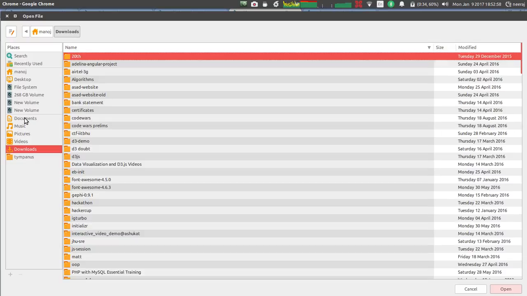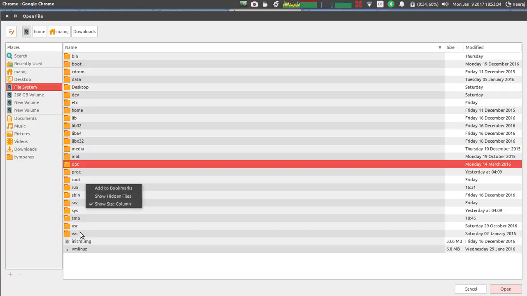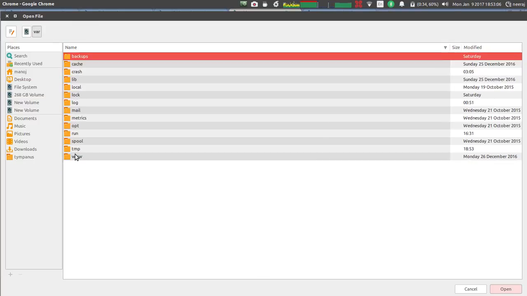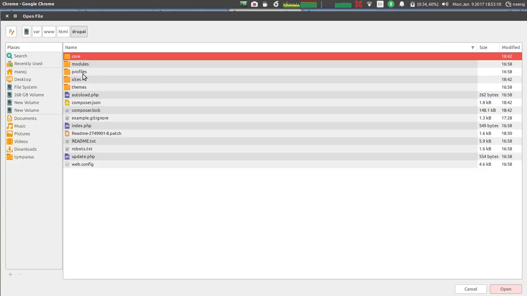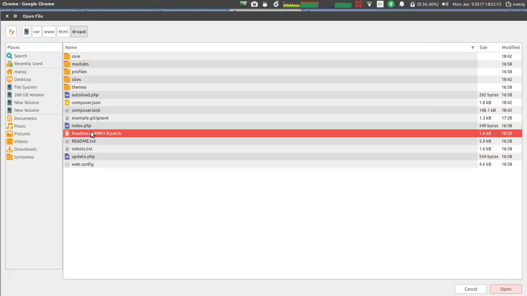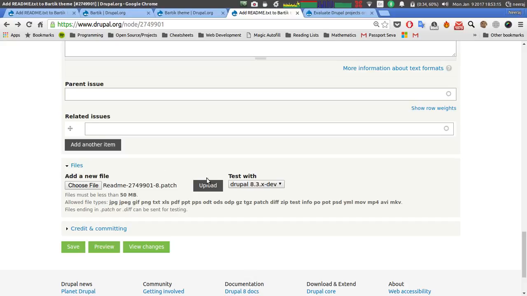We have to go to the place where our local repository is. Our local repository is inside the file system, inside www, inside html, inside which we have Drupal. Inside this we have got this patch. So click on the patch, upload the patch,